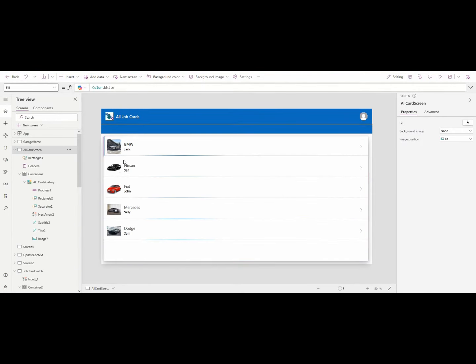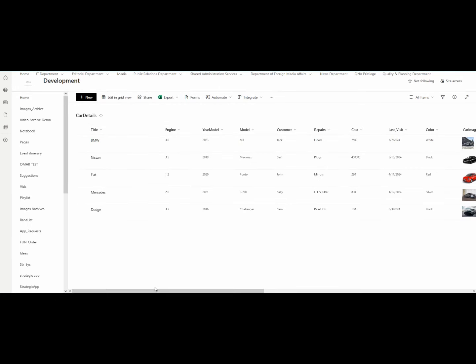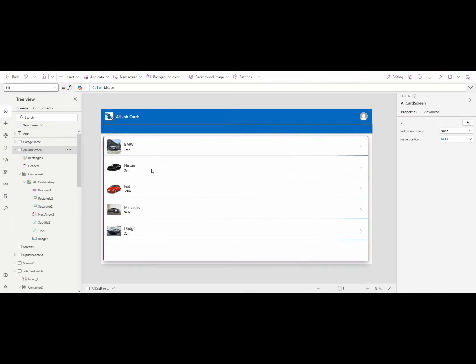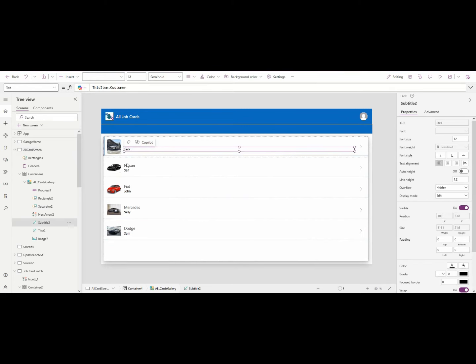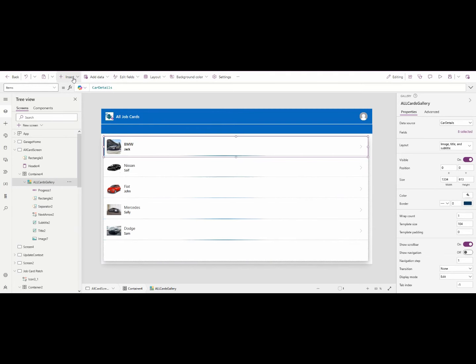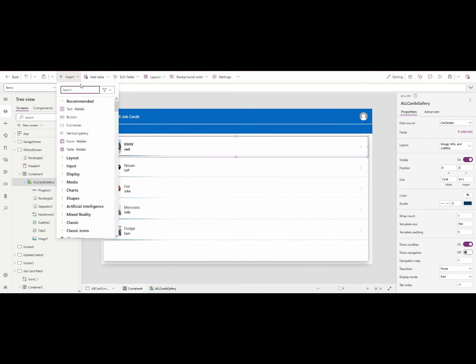So let's add more information about what we have. Like in the list, we have all this info for the job code. Okay, so I want the user, when he opens the gallery, to see more information about each item. Alright, so again, we go and edit. I will insert a badge,